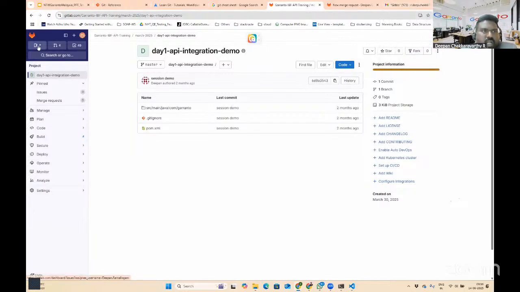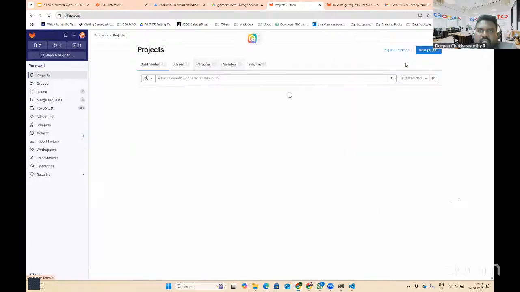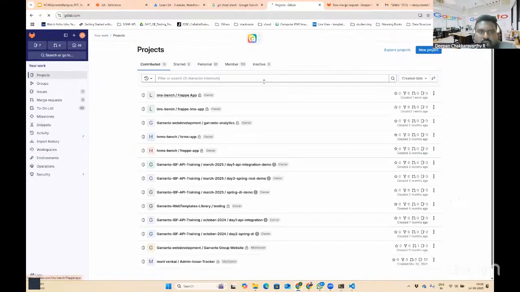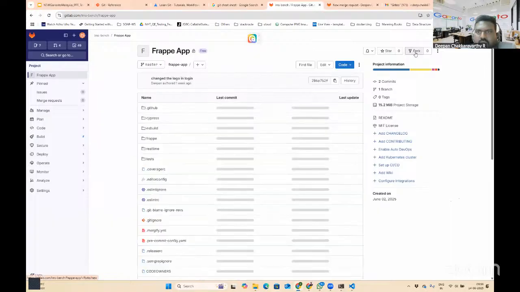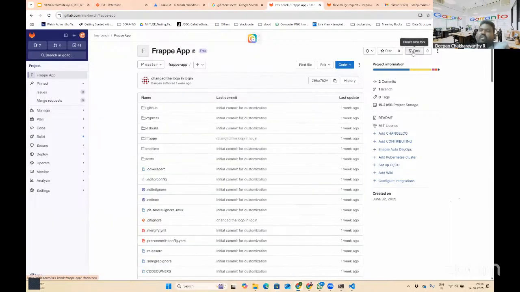And apart from that, one other important thing that you can do is something called fork, right? So fork is how you can get your own copy of a public repository, right? There are a lot of interesting public repositories that are available. So how do you own that, or how do you get a copy of that repository in your account? For instance, this is my project, right? This of course is a private project. You won't be able to see it.